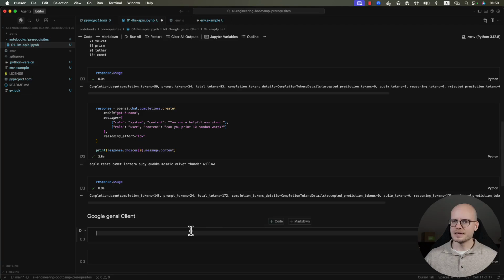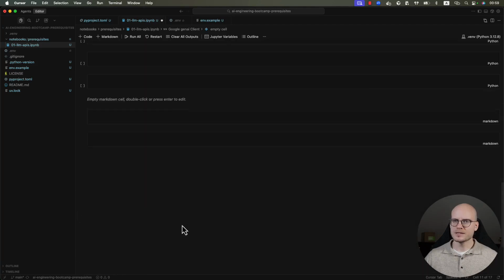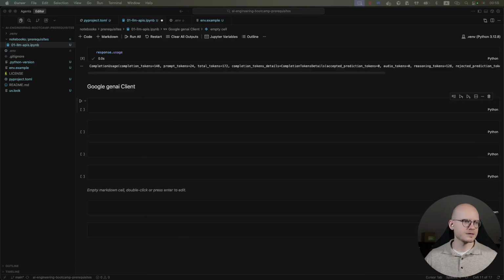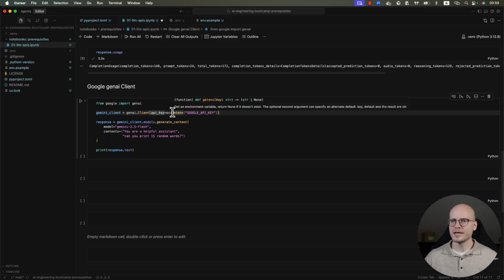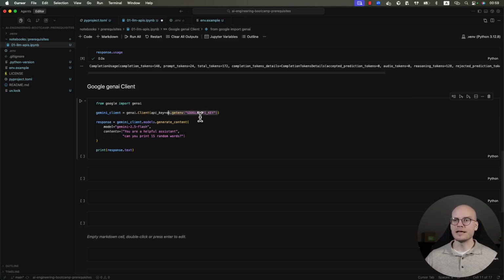And let's add some code blocks, and I'll just copy paste what I have to save typing time. Right here, we will be importing from Google, import GenAI, and the client is initiated like this, GenAI.client, and then we're providing the API key like this. So this is taken from our environment variables, and